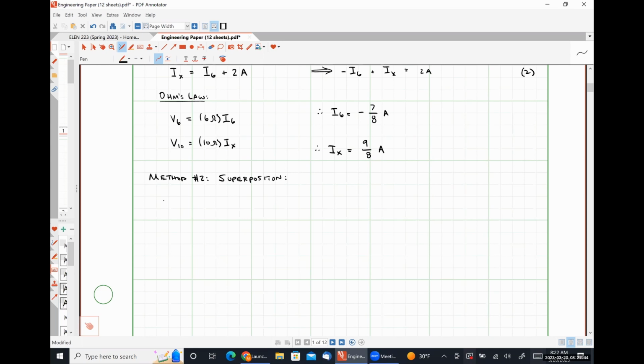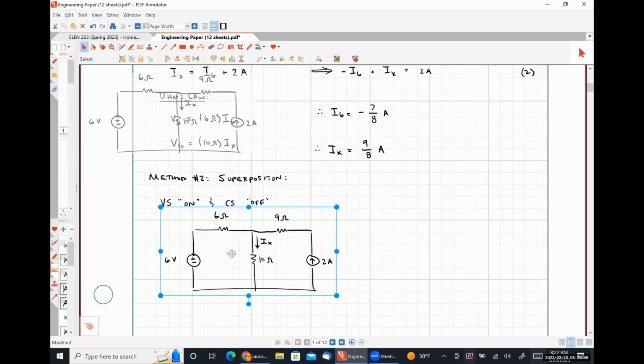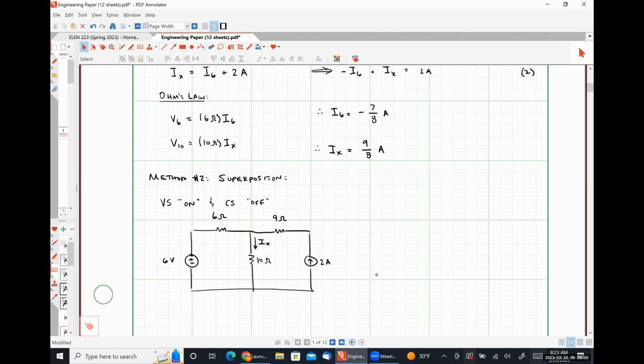For our first case, we're going to say that our voltage source is on and our current source is off. So I'm going to paste my circuit here. I'm going to turn my current source off exactly how the superposition told me to do. So I'm simply going to replace my current source